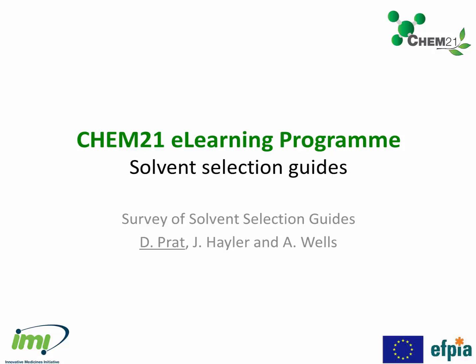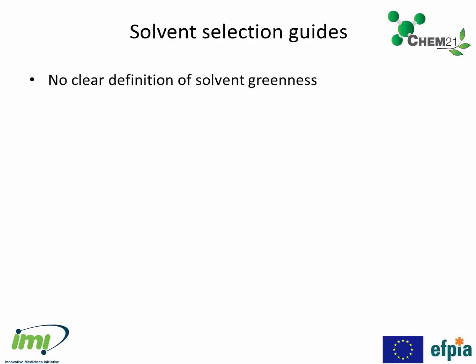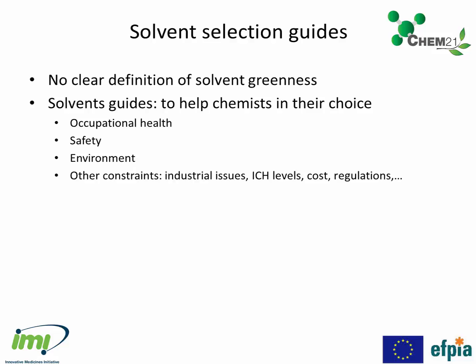Survey of solvent selection guides. As explained in the previous paragraphs, there is no clear definition of solvent greenness. This is why solvent selection guides have been elaborated by pharma companies or institutions in order to help their chemists in their choice. The assessments are based on occupational health, safety, and environment criteria, but also on other constraints, industrial